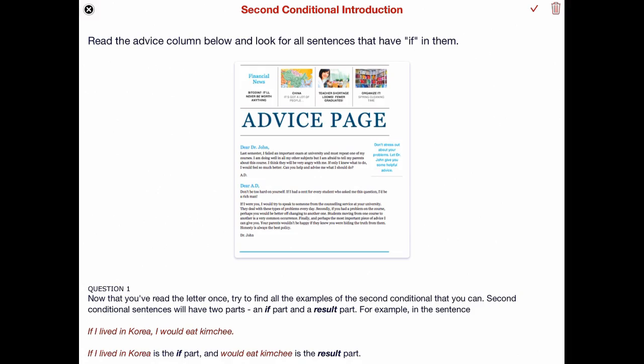In this activity, we have an advice page, okay, and it's just a letter from AD to Dr. John, and then Dr. John's response back to AD. AD is having some problems, and Dr. John is going to help him or her out. So hopefully you read that, and you should have been looking for the word if, and the sentences